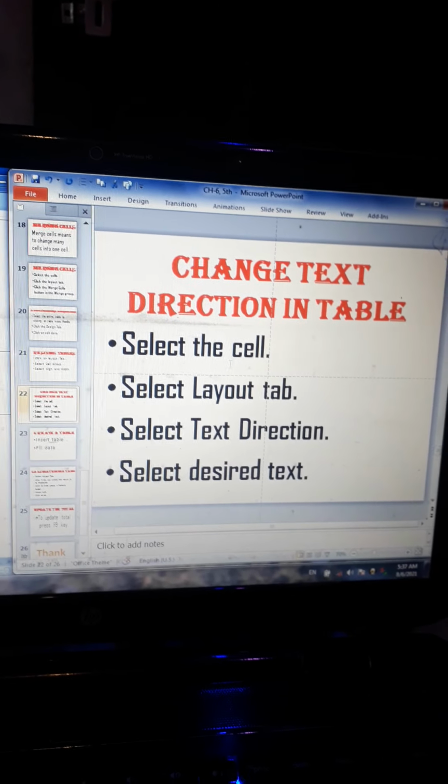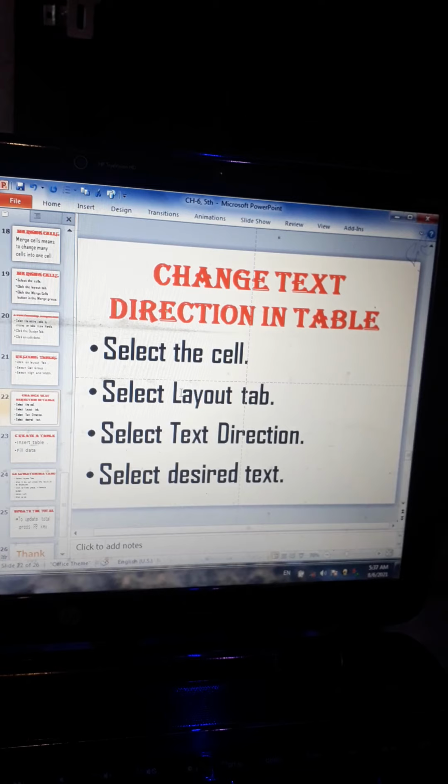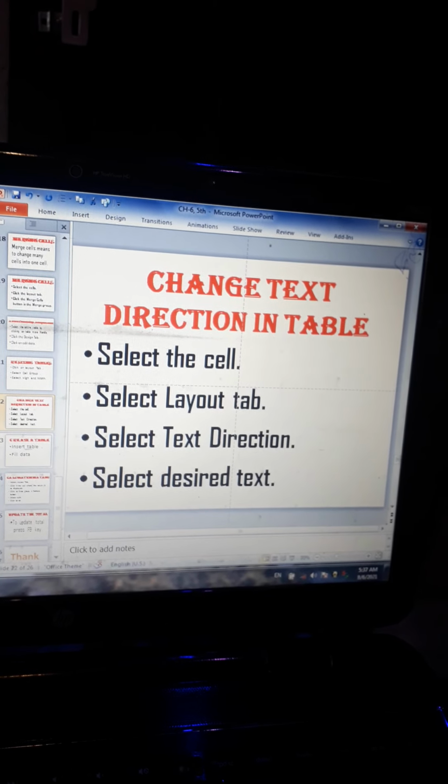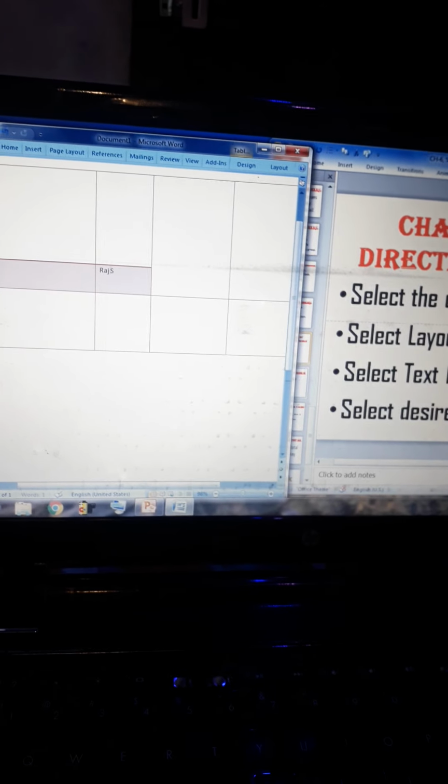Next here is given changing the direction of a table. For this we have to select the cell and then click on the layout tab and select the text direction. So first I am going to fill in data here, so I am going to fill in Raj data.